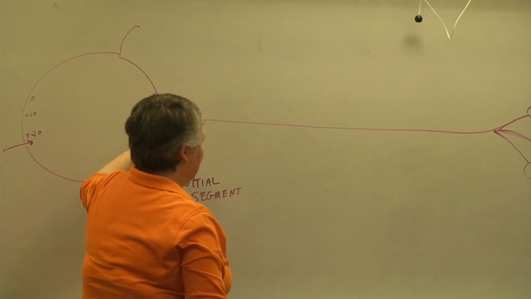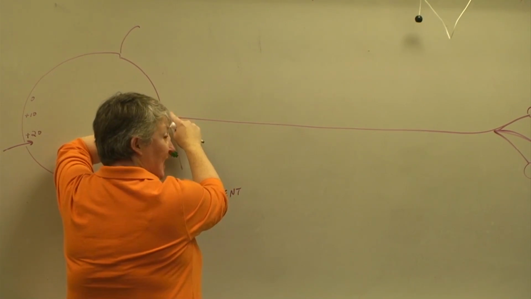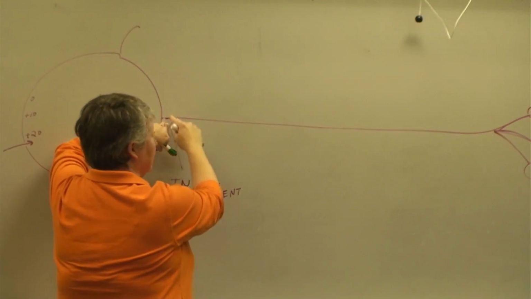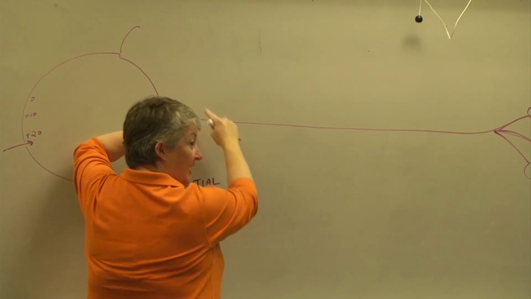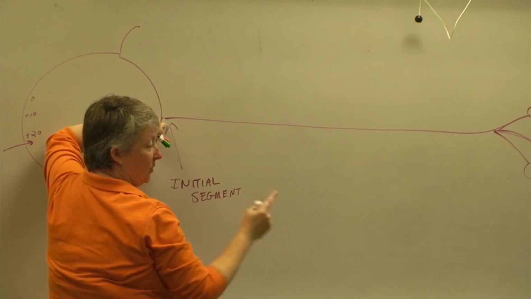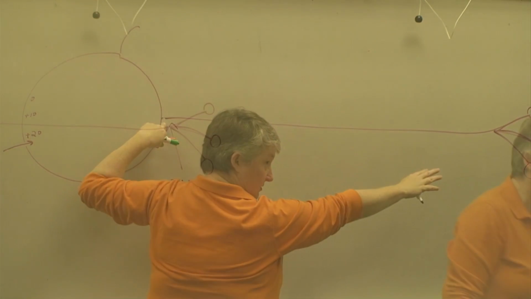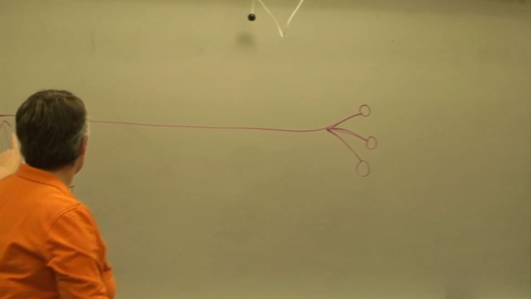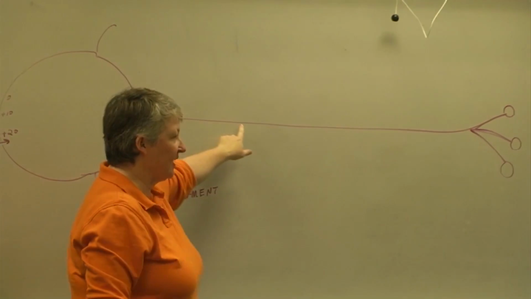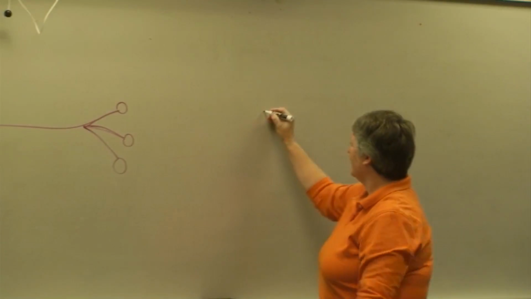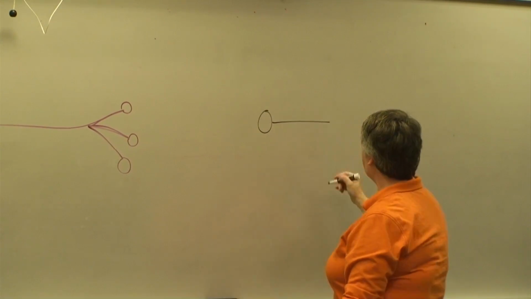Because if you can get it to minus 60, then the voltage-gated channels open. And once the first one opens, then it depolarizes, and the next one opens, and it depolarizes. And that's why once you get the first voltage-gated channel open, the rest of them open like dominoes. So threshold is how much depolarization you have to produce to basically generate the action potential, to open the first voltage-gated channel. For example, I can have a neuron here,